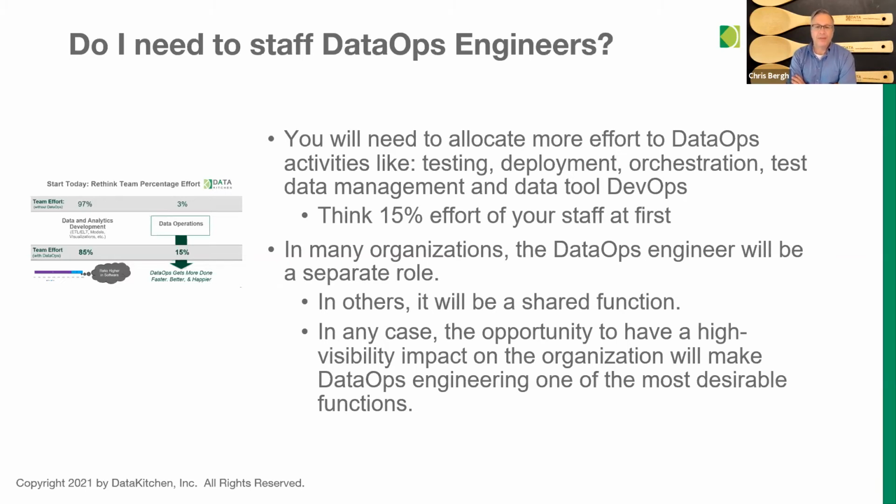And if you automate it, and if you make it smooth and seamless, you actually end up helping the whole team. And so the average software team now is almost 25% of the team in some sort of DevOps role. And DevOps engineers are actually paid as well, if not better. So I think of it as, think of 15% of your effort as building the system that can make it easier for your team to iterate and innovate. That could be a person, or it could be shared among your data engineers and data scientists. And I think they really do have an opportunity to make a high value business impact.